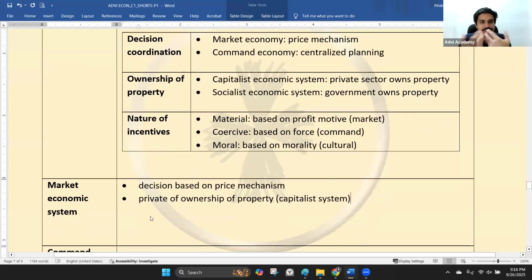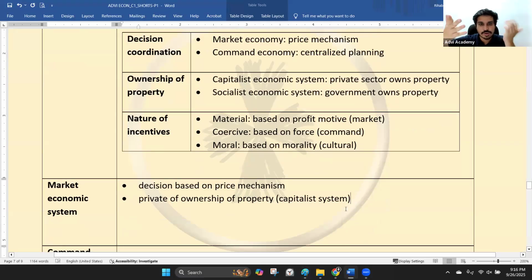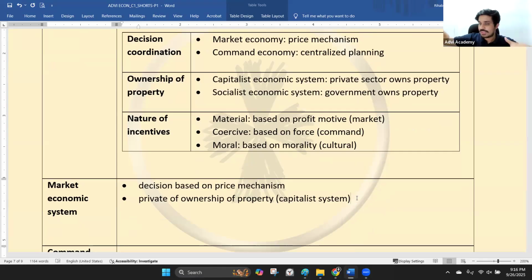Again, the private sector owns the property. In countries like America, most of the property is privately owned. If you go out of Colombo, on the way to Puttalam and Jaffna and Mannar, on the sides of the road you have a lot of empty land, forests, trees, and houses. Most of that land is actually owned by the government in Sri Lanka. You can't just go and buy it. You have to figure out who owns it, and if the government owns it, buy it from the government.